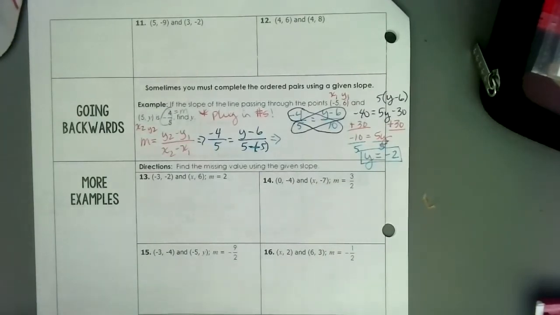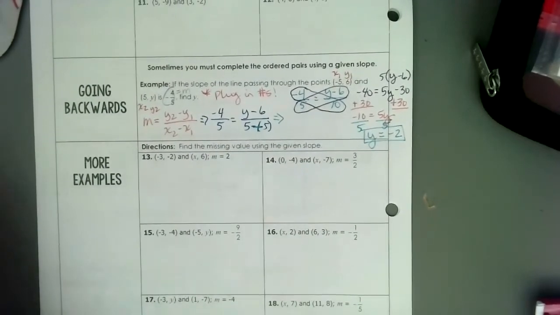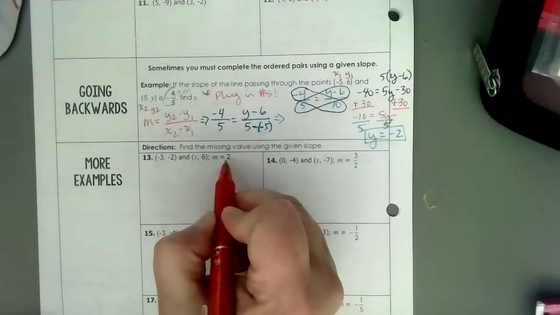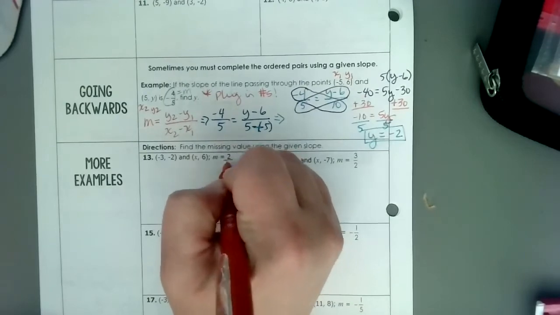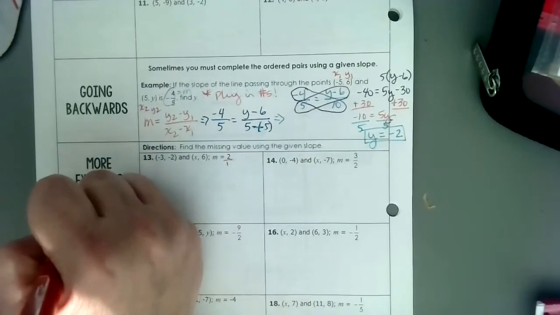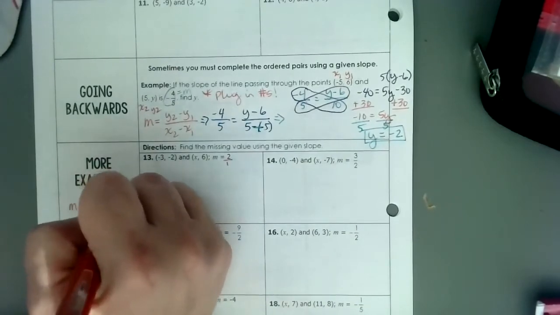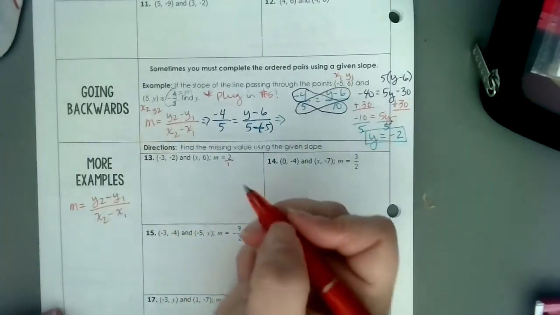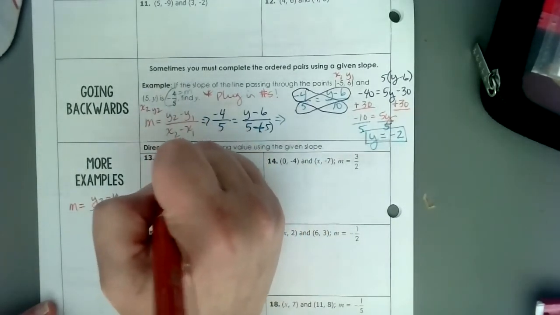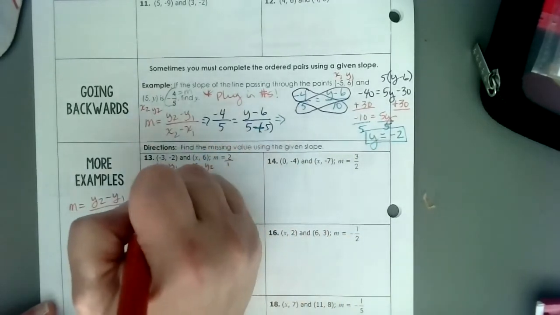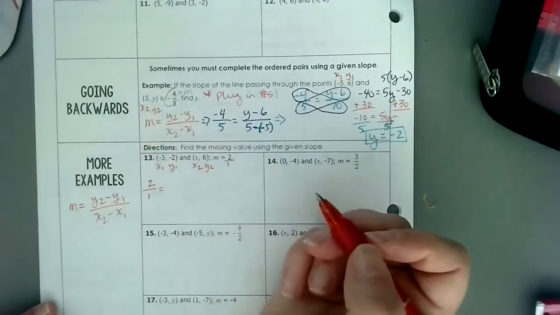Let's work one more of these. Number 13. All right, first things first. Oops, this is not written as a fraction. Make it into a fraction. Because it's a whole number, I put it as 2 over 1. So remember, we're plugging into the formula, m equals y2 minus y1 all over x sub 2 minus x sub 1. This is x sub 1, y sub 1, x sub 2, y sub 2. So now we plug it in. So I'm going to have 2 over 1 equals,